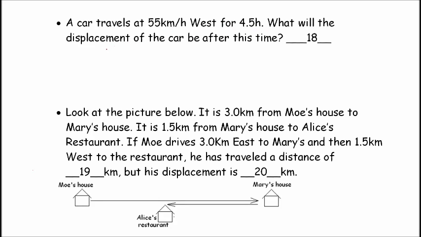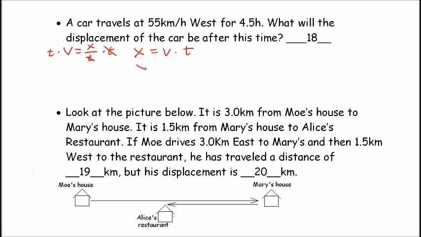Alright, a car travels at 55 kilometers per hour west for 4.5 hours. What will be the displacement of the car after this time? Well, we're starting with the velocity equation. V equals displacement over time, and we're rearranging that to solve for displacement. It works like this. We need to get rid of the time, so we multiply that out. We have to multiply the time on this side, and so our new equation says displacement equals velocity times time,